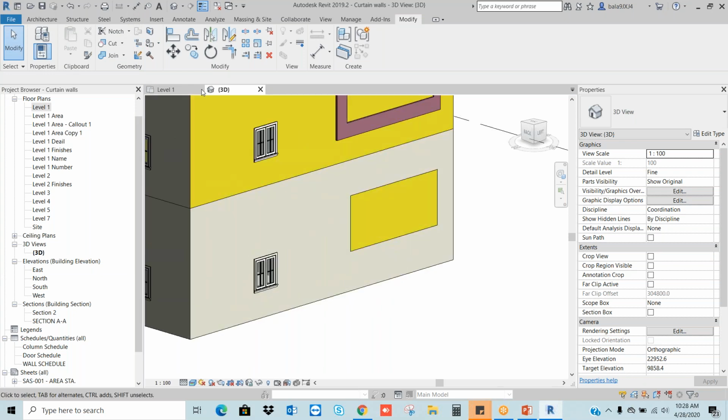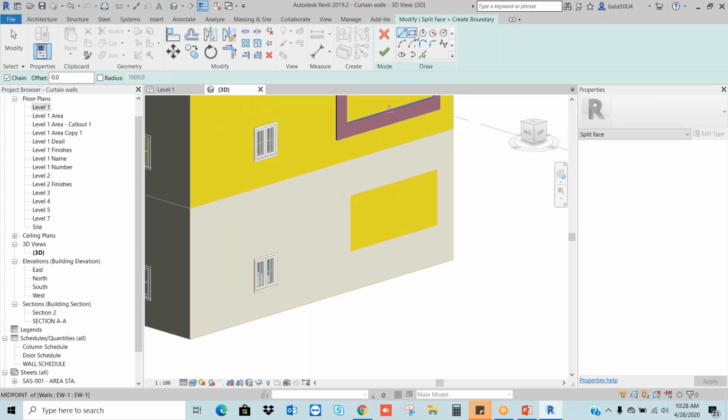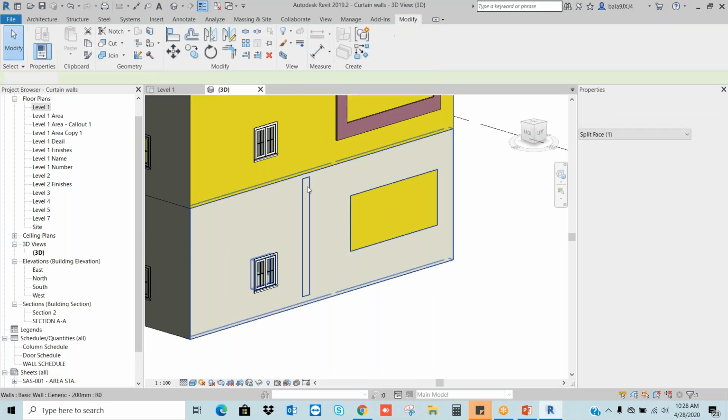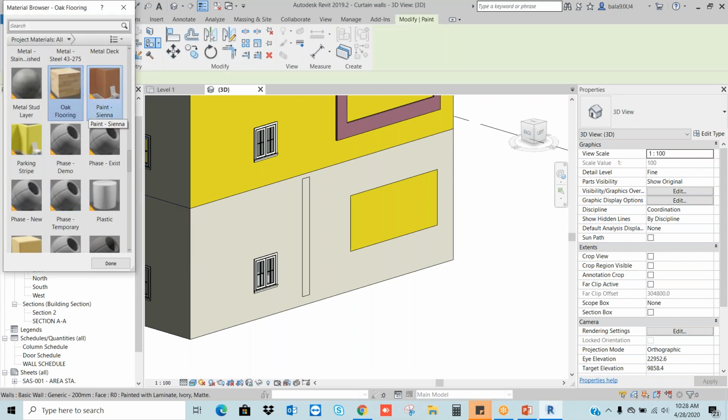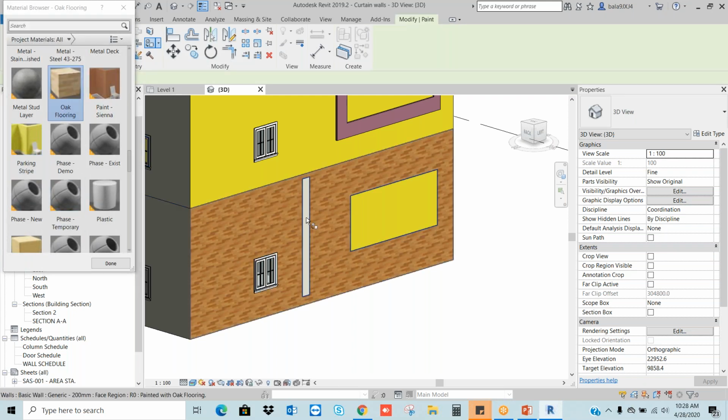If you want to give different strips, go to split the face, select the face. Let's say I want to draw one more polygon like this, finish and paint. I want a different material like this.